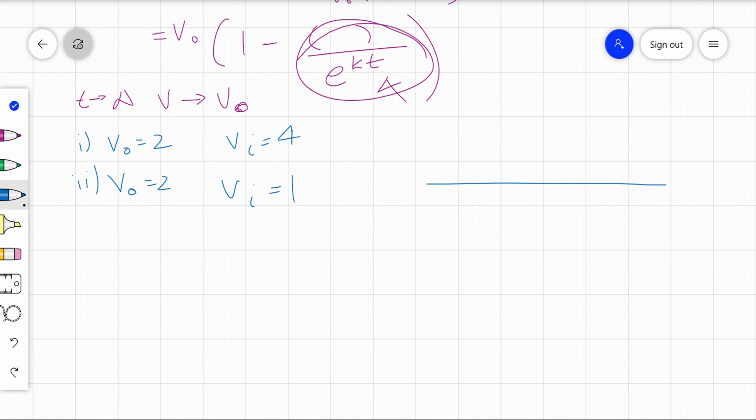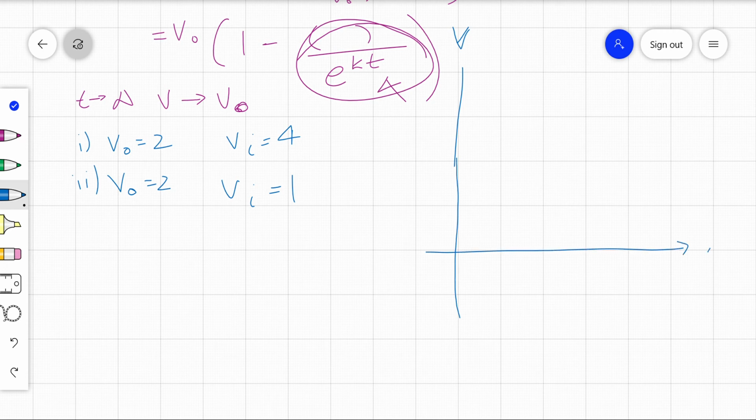All right, so what do we have? We're looking at this v and this t. This was very badly drawn. But you're used to my terrible drawings. There's t. All right, so we know that it's going to go towards v0, which I made 2 in both cases. And then we know it starts at vi because that's the initial one. So if I look at, this is 1, if it starts here,